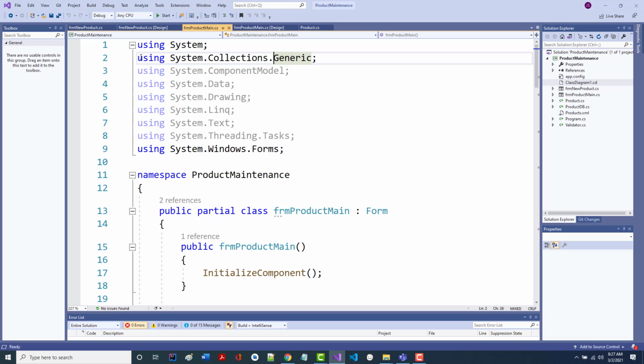One thing that is in here is this. Anytime you've got systems.collections or systems.collections.generic, it means you're using a list. As I mentioned to you yesterday, you use a list so you can dynamically add and remove products. And there's no limit. We could remove everything that's in here, start all over again if we wanted to. We could add 100 new books or products in here if we wanted to.